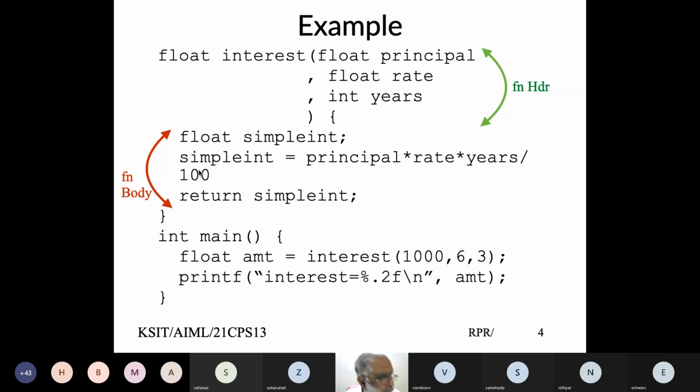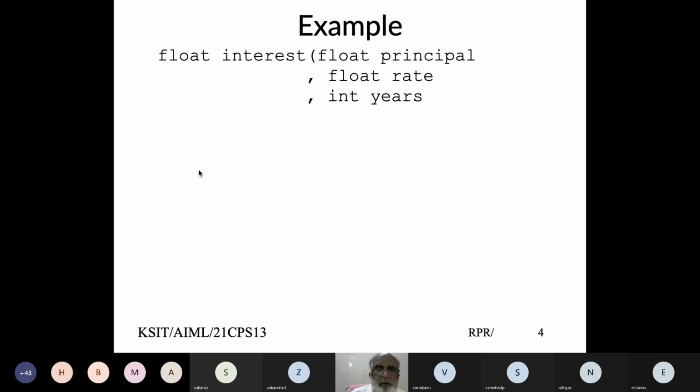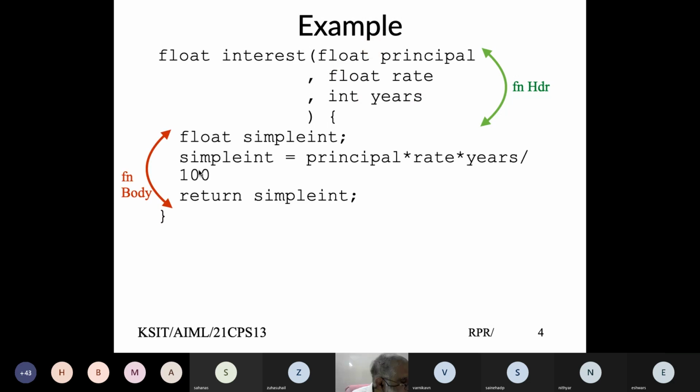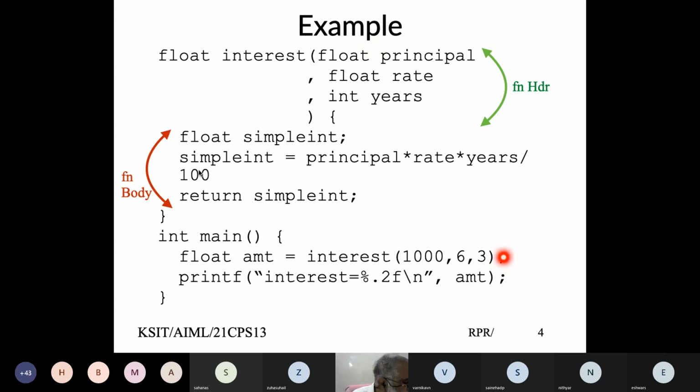Confused between parameter versus argument. When we define things, these are called parameters. And when we invoke the function,